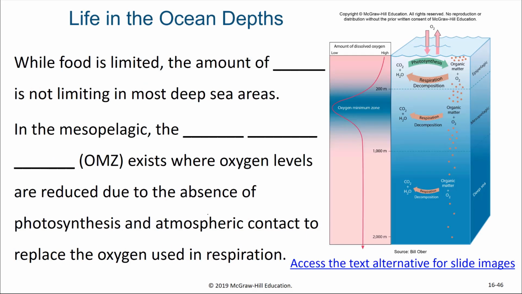While food is limited, the amount of oxygen is not limiting in most areas of the deep sea, except for the top part of the Mesopelagic, known as the oxygen minimum zone. So in the Mesopelagic, the oxygen minimum zone